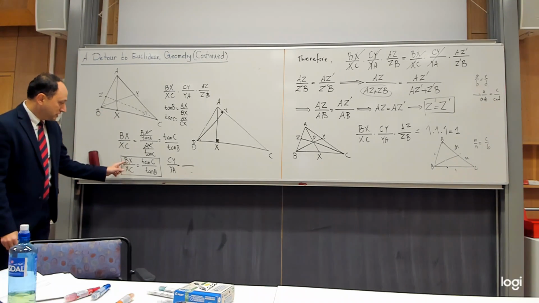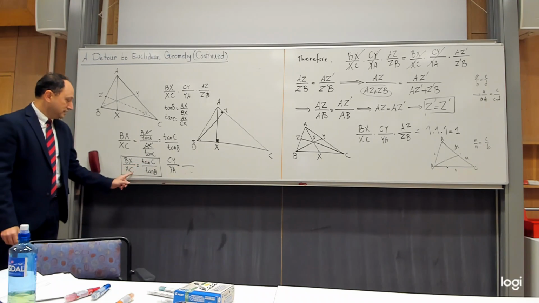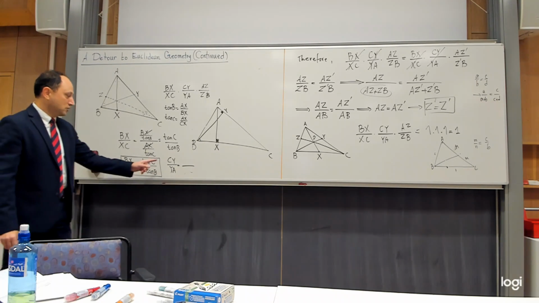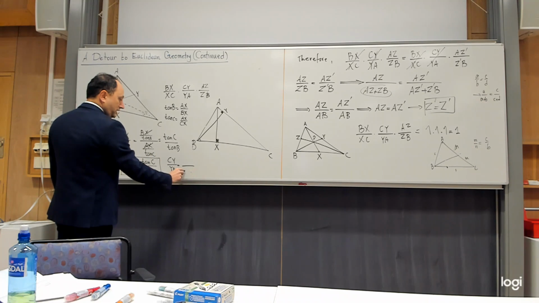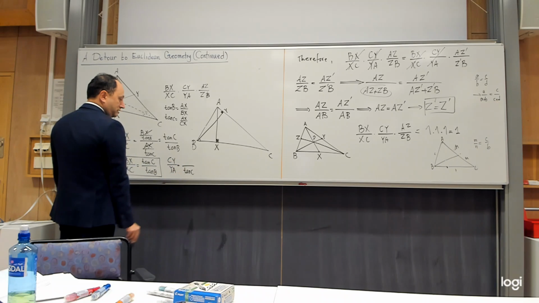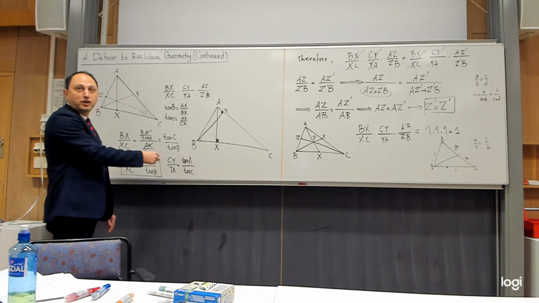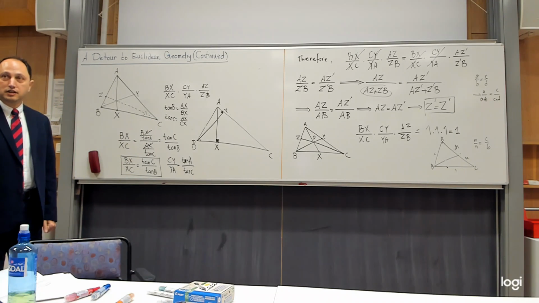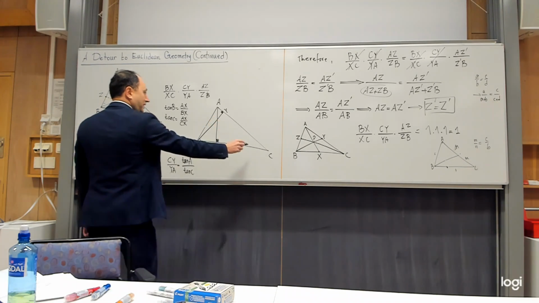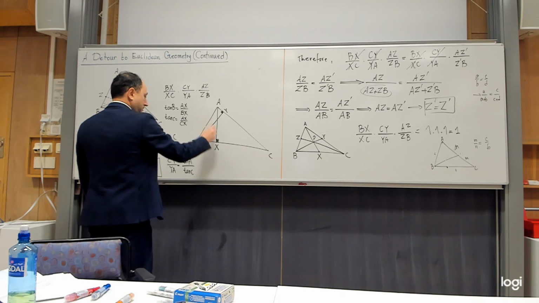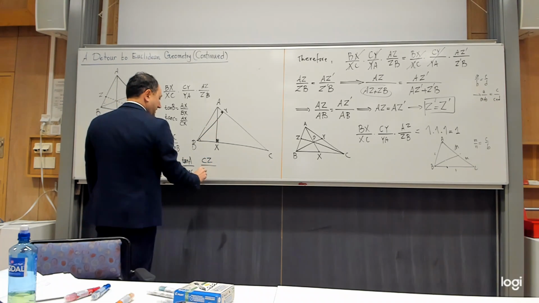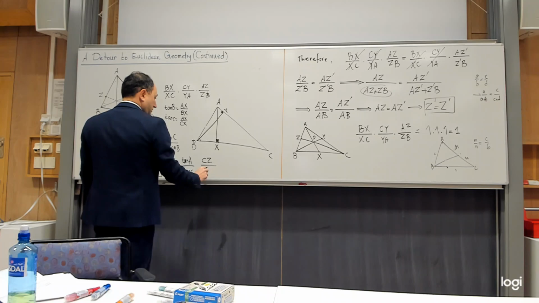Because you see, B was here, tangent of B was here, C was here, tangent of C was there. So what will happen in the denominator? What will appear? Tangent of C. In the numerator? Tangent again. If you don't believe, you have to repeat the process again. Yes? And then let's go back to the other one, which we don't know yet. So what will happen for CZ over Z? No, sorry, AZ